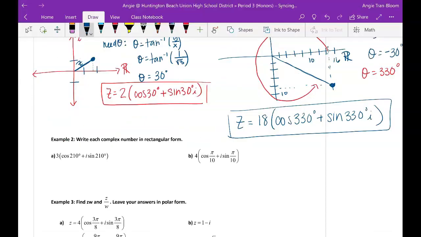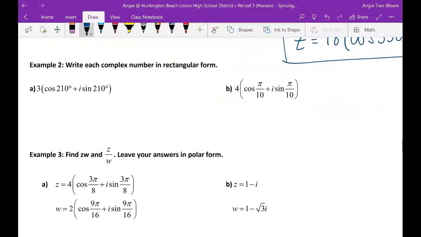Hey, awesome kids. All right, so this recording is for 9-3. Okay, we will start with example 2. In example 2, the directions are to write each complex number in rectangular form. So in rectangular form, what we will do is